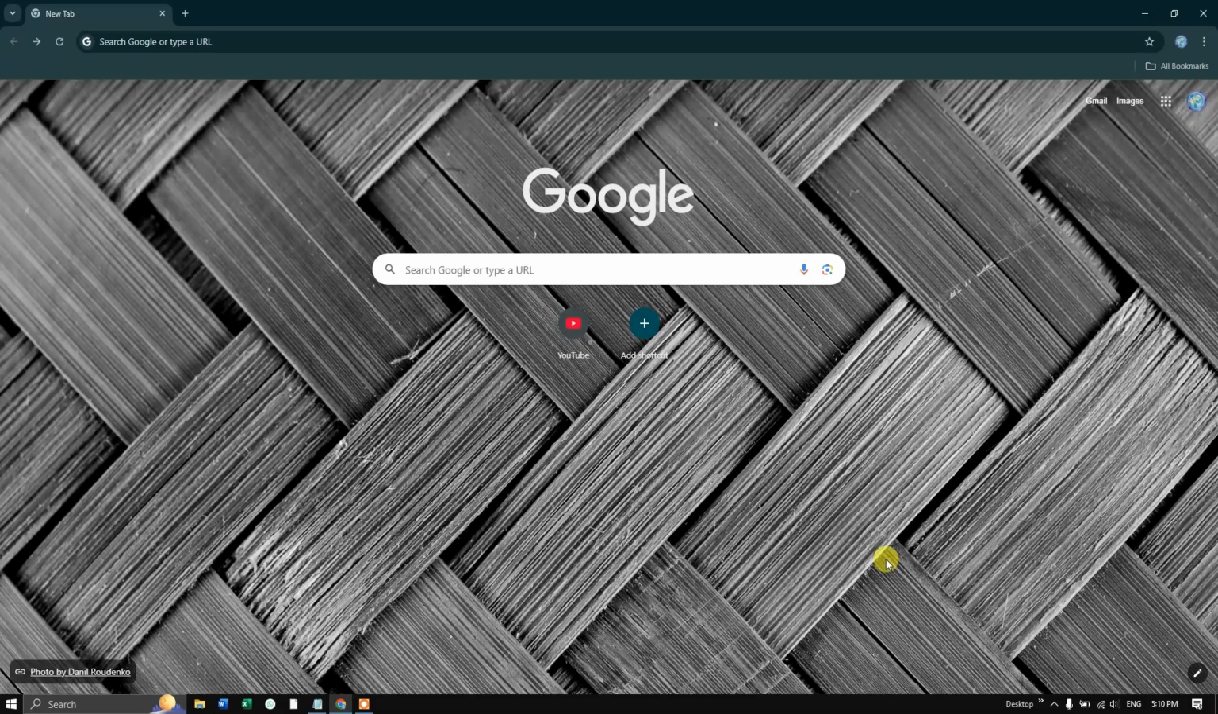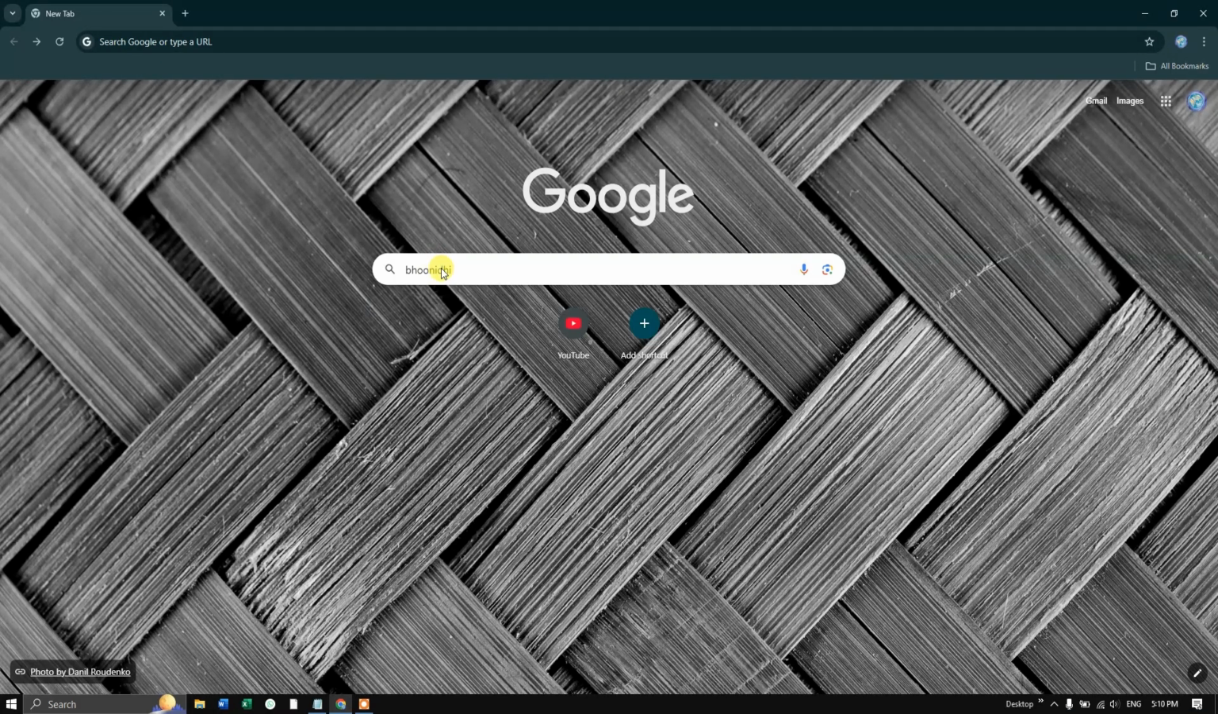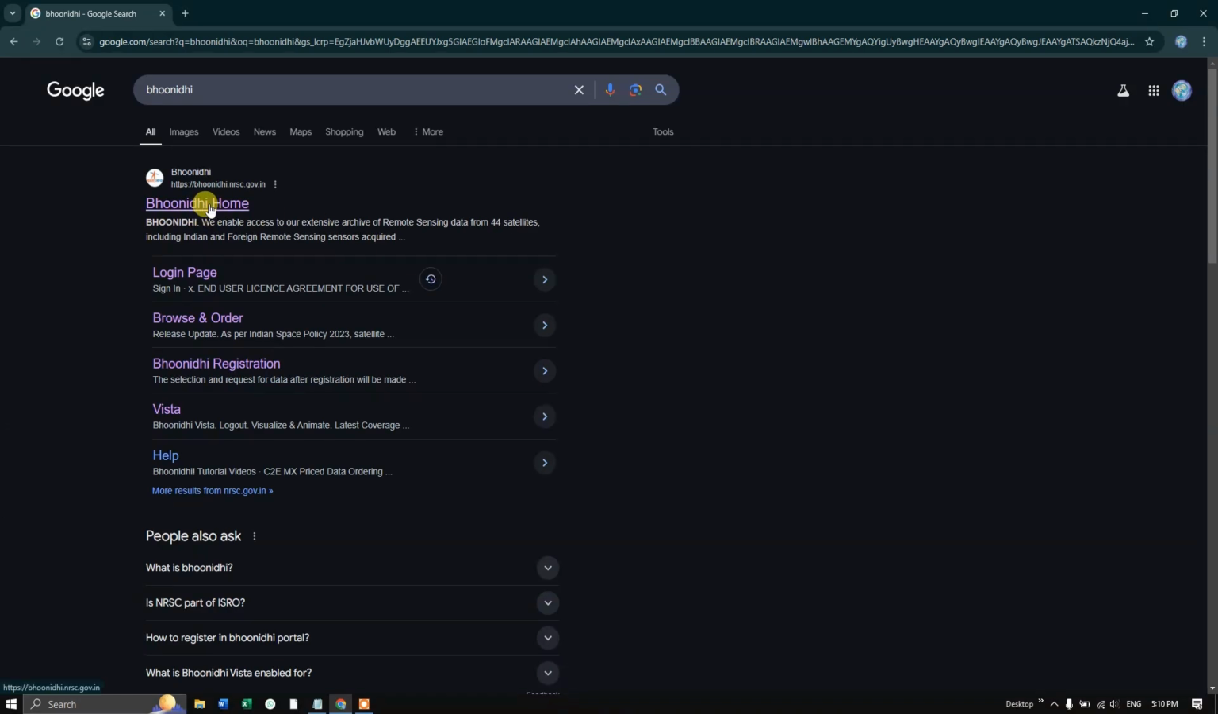In this video tutorial, we are going to see how to download LISS4 imagery from the Bhoonidhi website. So in your search bar, type in Bhoonidhi. You can see the first link, bhoonidhi.nrsc.gov.in. I'll be sharing the link in the description. Please do check it out. Now click on this first link